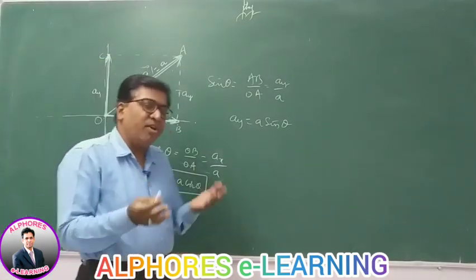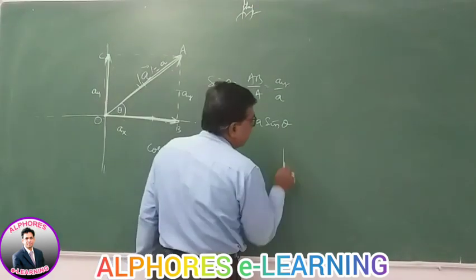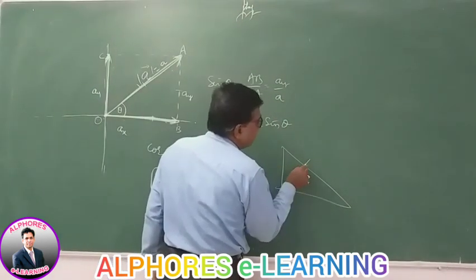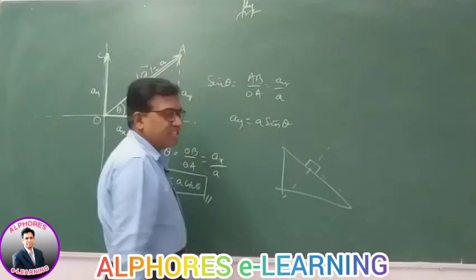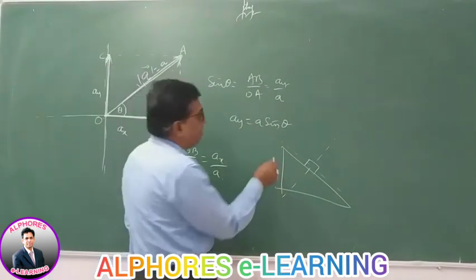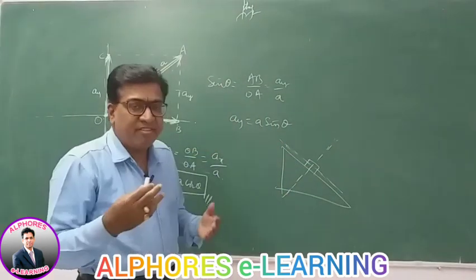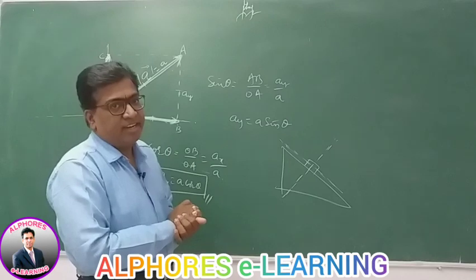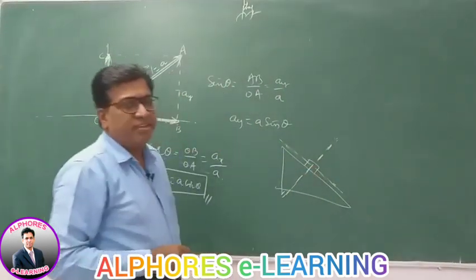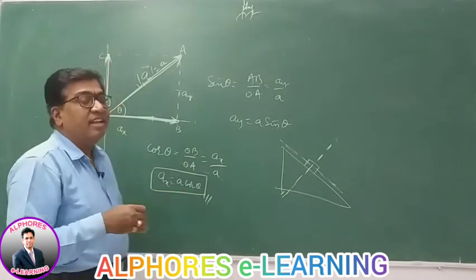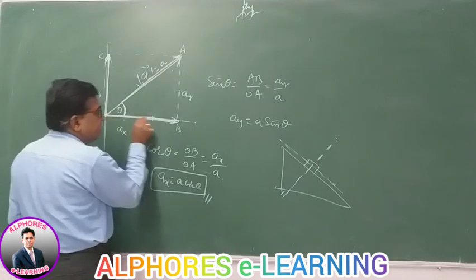Well, it need not always be horizontal and vertical. It can be in any direction. Suppose a body is on an inclined plane like this, then I can take the known directions as parallel to the plane and perpendicular to the plane. I can split the vector in any direction, right? So instead of naming it horizontal and vertical, let us name it in general as the component adjacent to the angle.